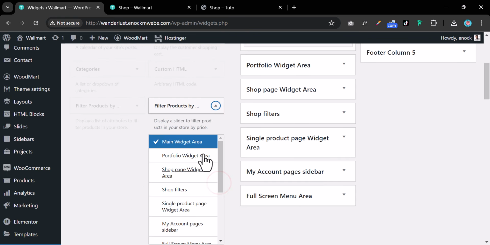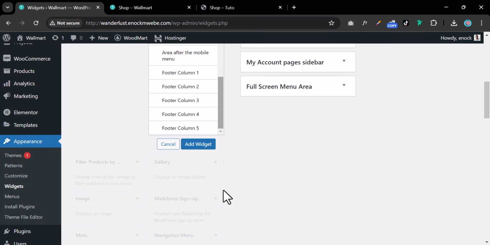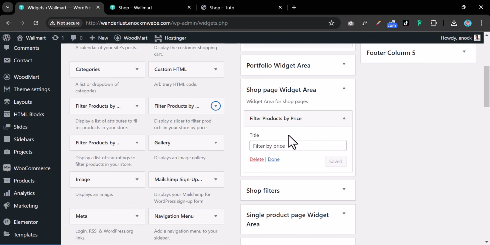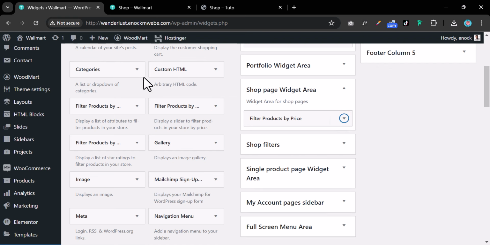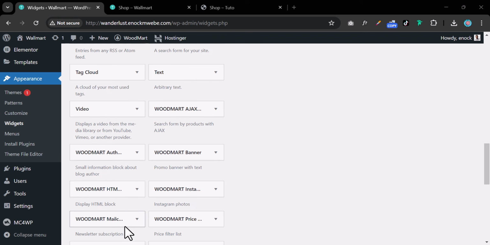So I'm gonna click on this filter by price. Then I'm gonna select shop page widget area. Okay, and once I'm done, I'm gonna click add widget, and you see it added to this widget right here. So minimize that. Then what I'm gonna do next is I'm gonna scroll down and come to WooCommerce